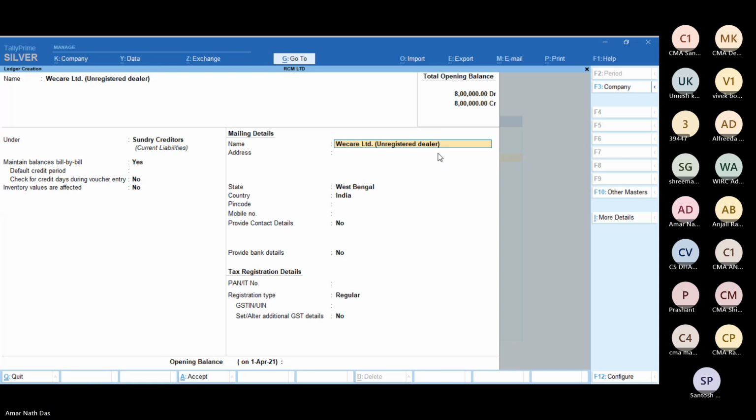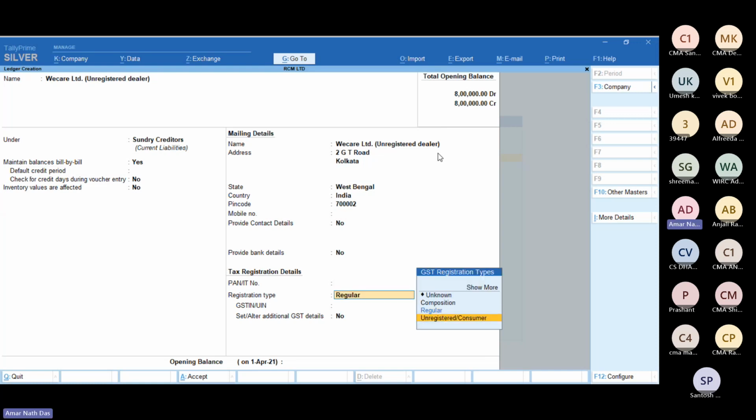Now the address, in that case, if I consider 2 Road, Kolkata, West Bengal, pin code I have to mention 002. So all are imaginary. In this case, he is an unregistered dealer, so there is no question of providing a PAN number. So I consider unregistered, and definitely there is no GST